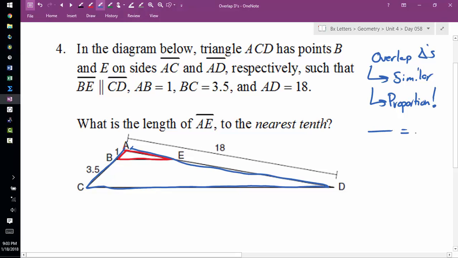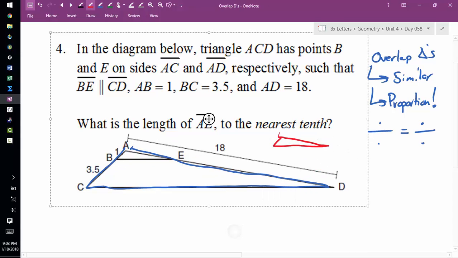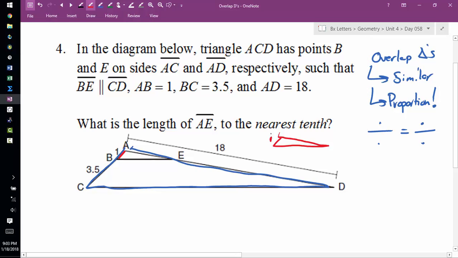And a proportion is a fraction equal to a fraction, right? So we just got to separate these triangles. We're going to separate that triangle. I'm going to record that this side was 1. I do not know this side or this side. I'll pull out my blue triangle,